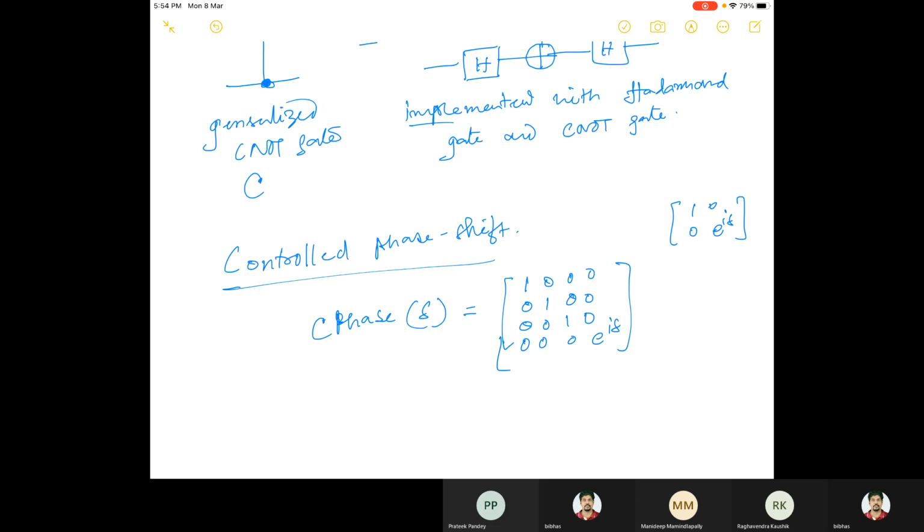You'll also be surprised to know that the C-phase gate can be implemented also using